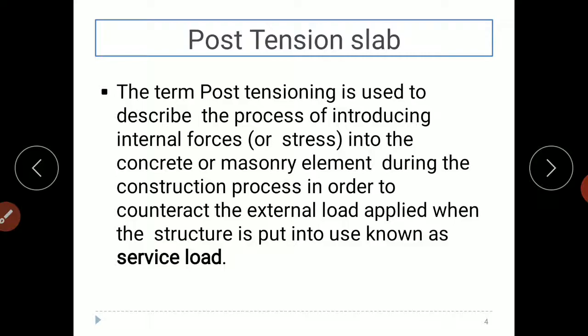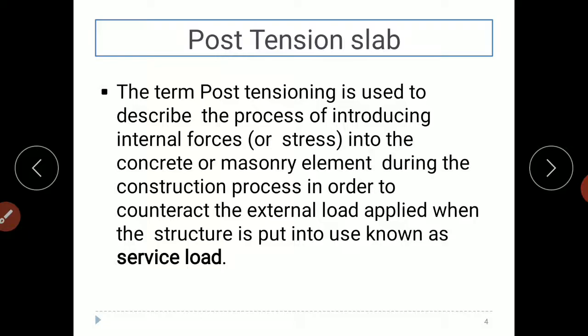We know what post tension is: the process of introducing internal forces or stress into the concrete or masonry element during the construction process in order to counteract the external load applied, and that external load is known as service load.